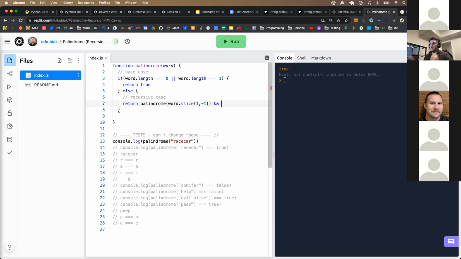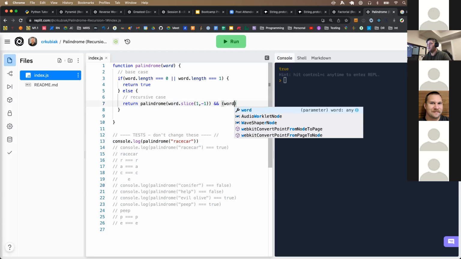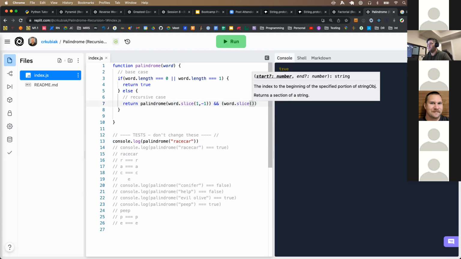Because if right at the very first, so like conifer, we know right from the very beginning, the C and the R are not the same. So we know that it's not a palindrome right from the first go. And so here we can say word dot slice 1